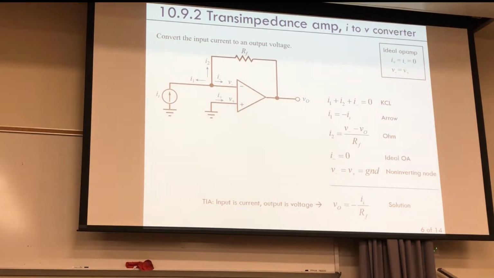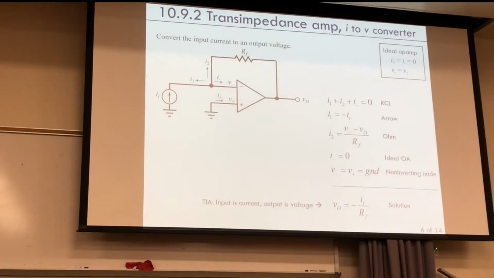So transimpedance amplifier. Okay, so this is a current to voltage converter, and it looks like this. Okay, and so we'll look at some more of these, and then we'll do it by hand on the whiteboard. But just to go over one,